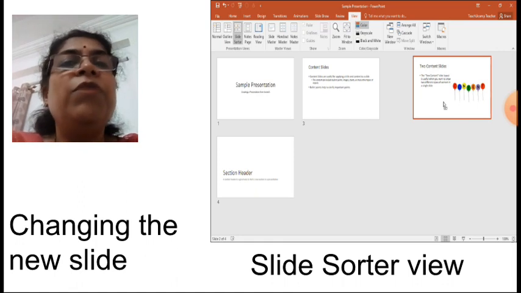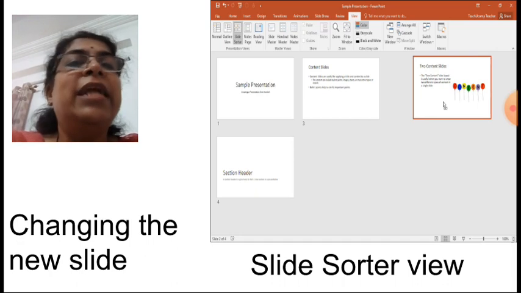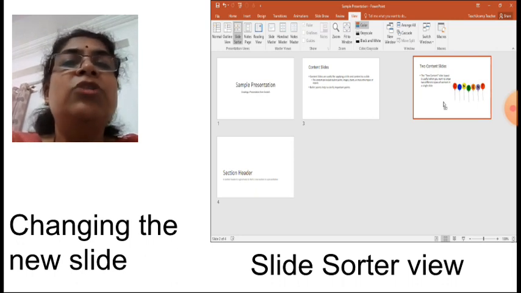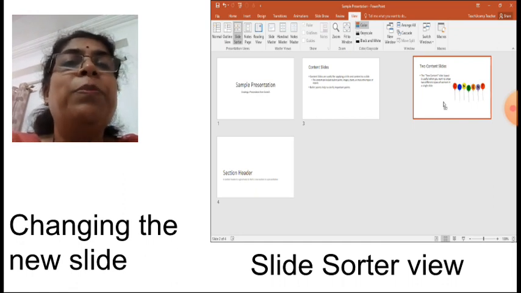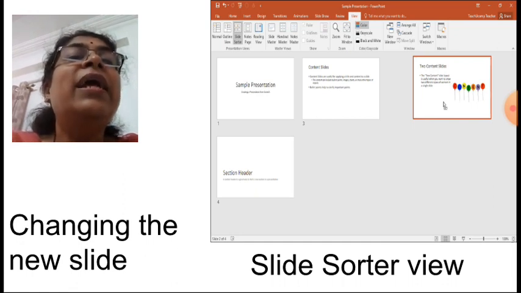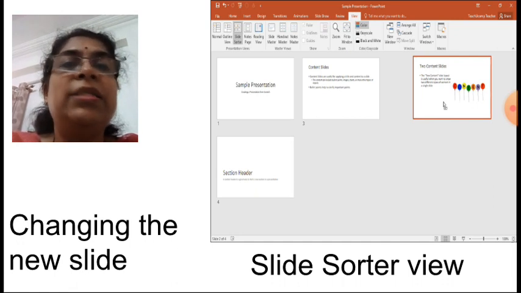First is the normal view where you are doing the actual work, or the slide sorter view. Here, suppose we want to go through slide sorter view. Go to the view tab and select slide sorter view. So all the slides which are there in your presentation will look like thumbnails on the screen.